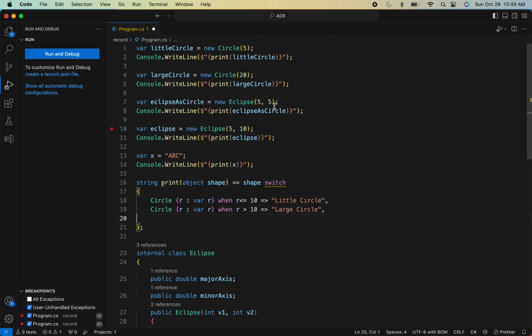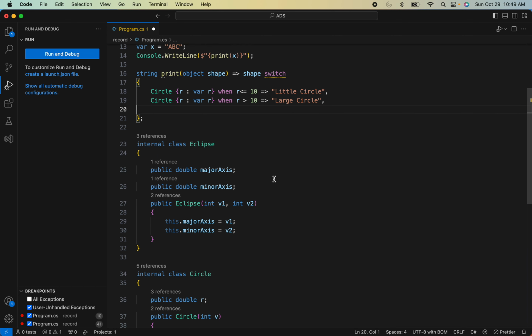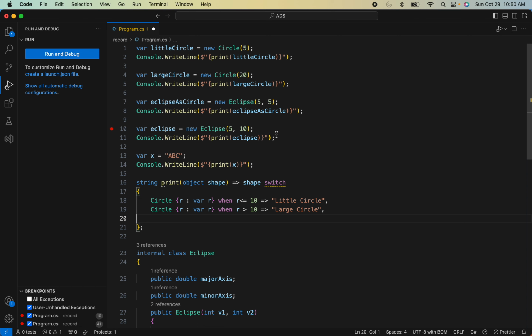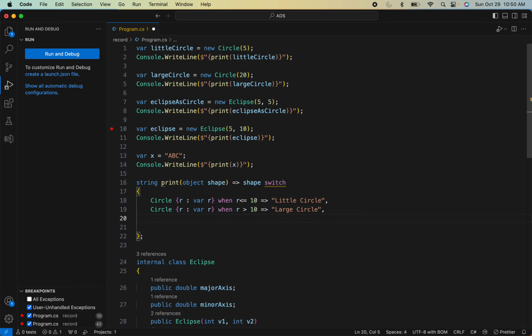Then the other thing I wanted to do after that is an ellipse, and you can see this Ellipse class basically has a major axis and minor axis, and that's how you define an ellipse. And so we got that, and here I'm saying ellipse as a circle. The reason it can be done this way is because when the major axis and minor axis are the same, it just becomes a radius, and then it's really a circle. So we can put in a similar constraint to figure out whether it's an ellipse as a circle. And the way to do it is, since the type is Ellipse,